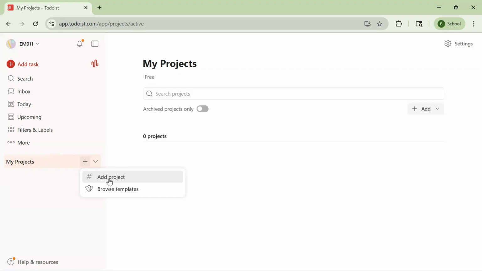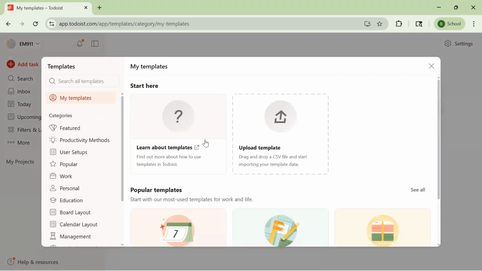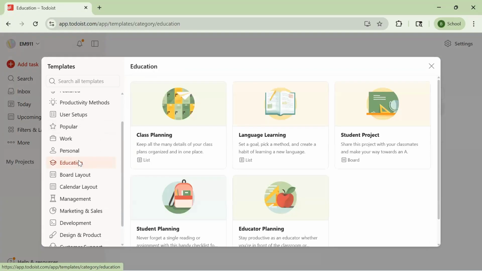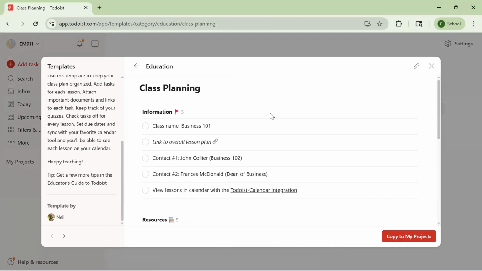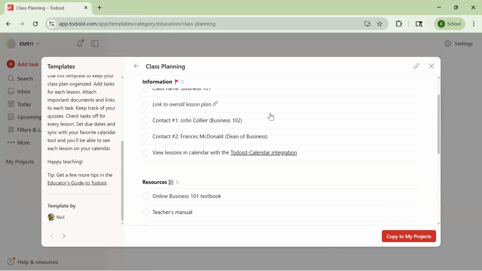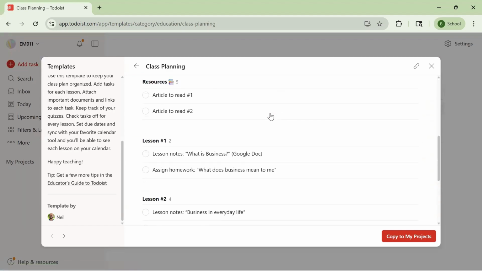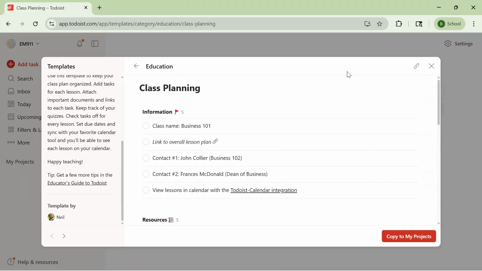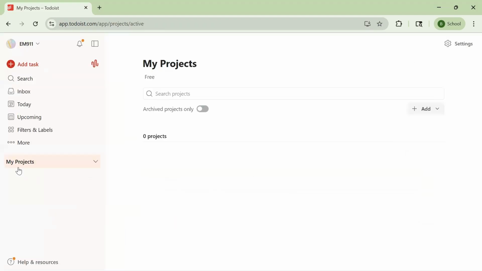Normally I would go right to add project, but I do want to start by looking at the second option here, browse templates. There are several pre-made templates here. On the left-hand side, if I click on education, they have class planning, student planning. Taking a quick look at class planning, you can use this template and you already have some headings and some structure. Having said that, this is not exactly what I want to use,